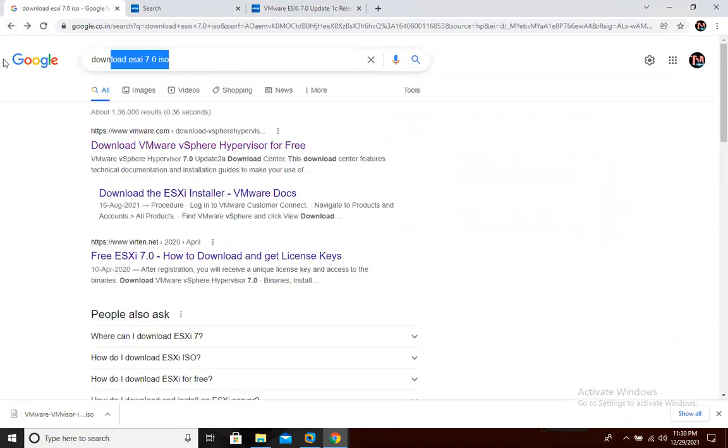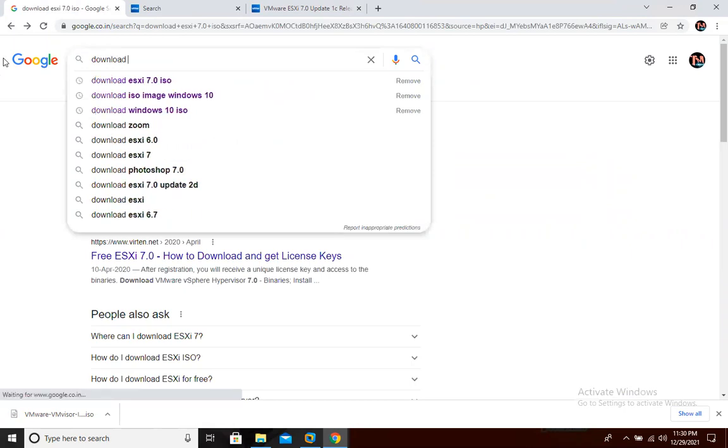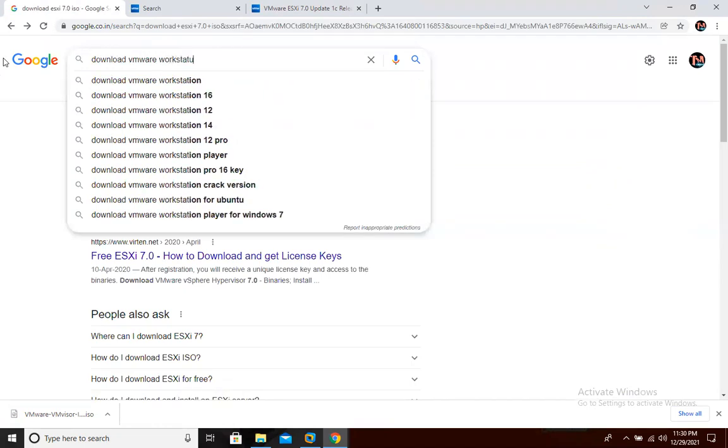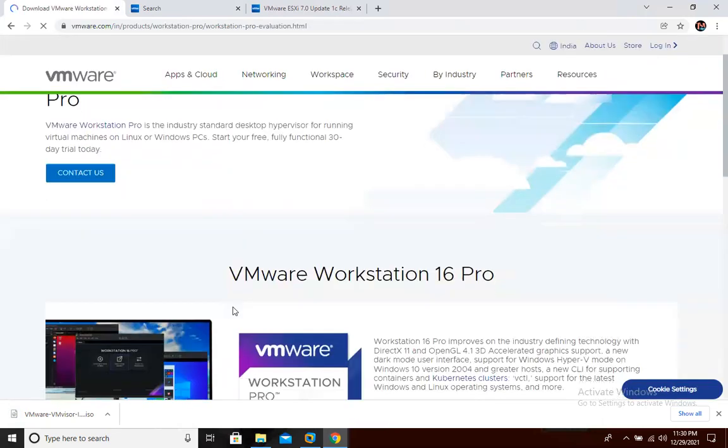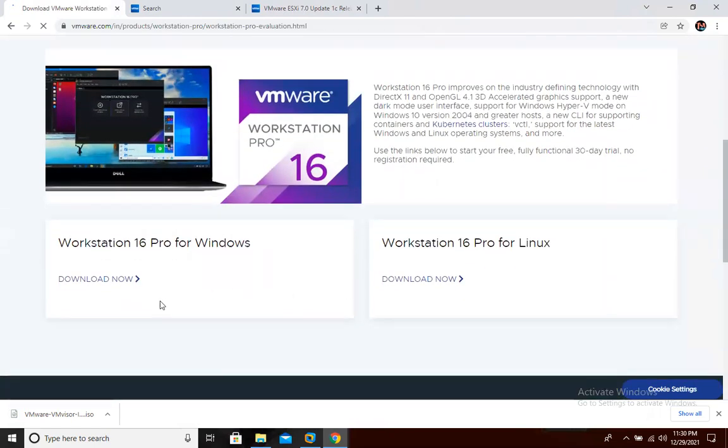For example, if you want to download VMware Workstation 16, it's a free trial, valid for 60 days. It's 30 days, it's mentioned here. Yes.